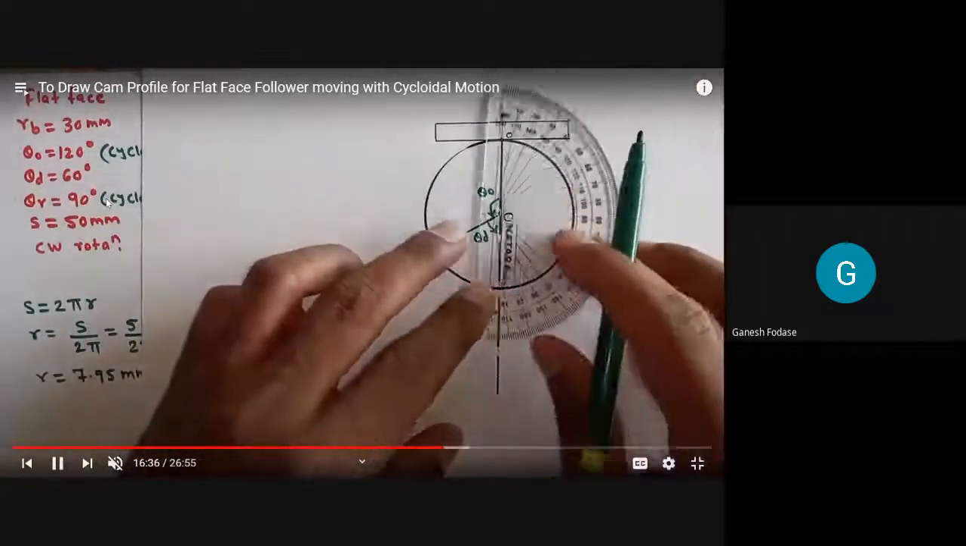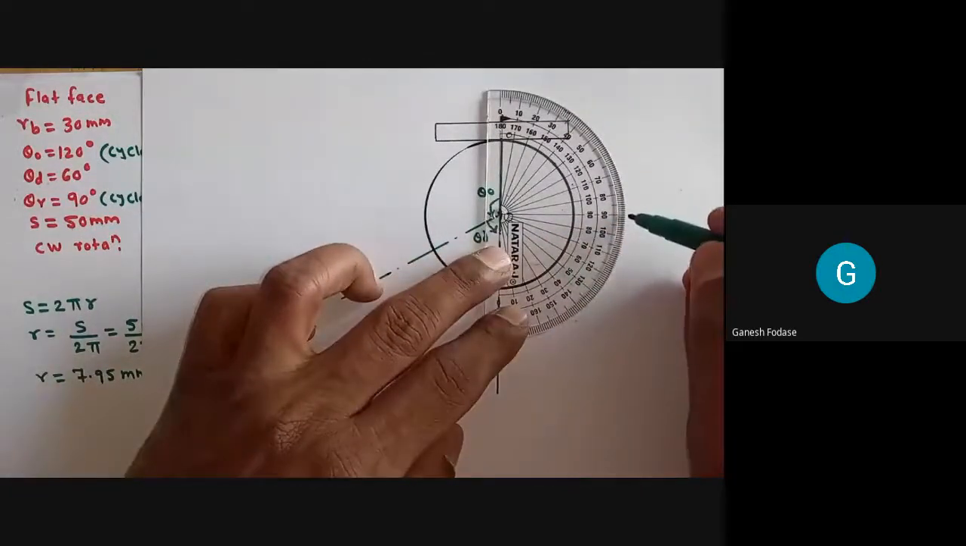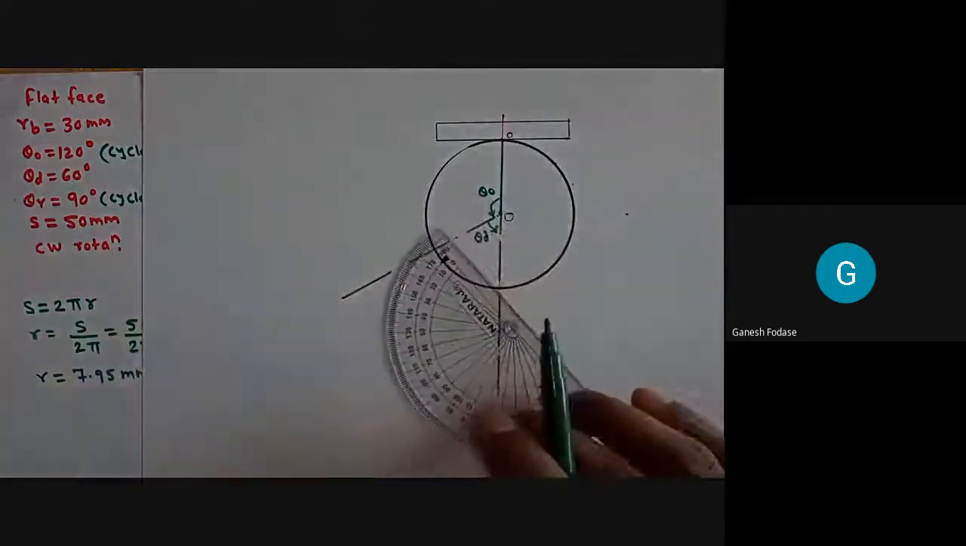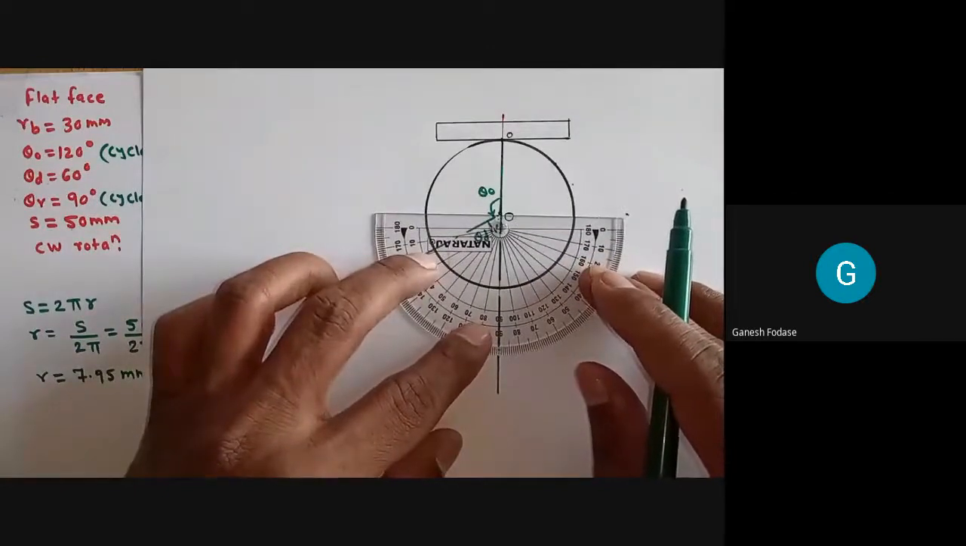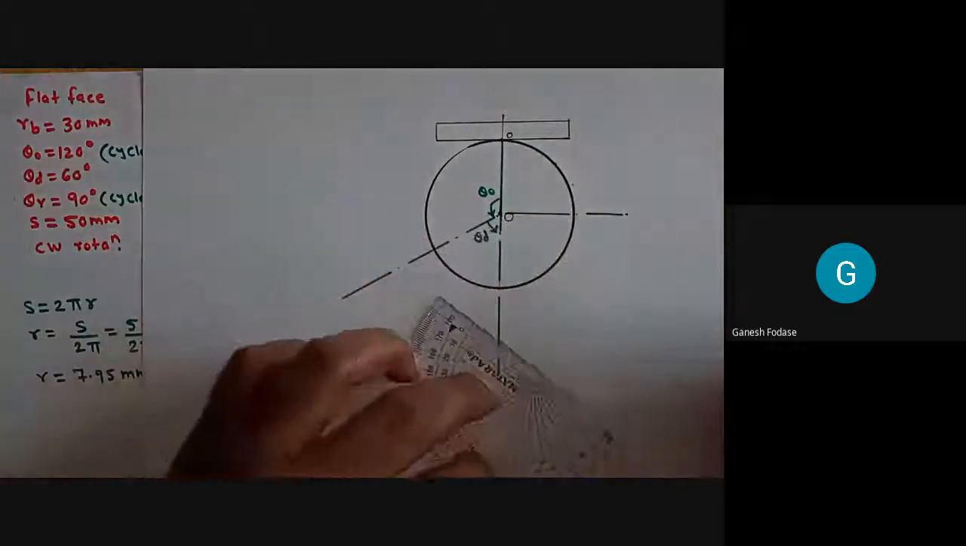So mark theta R here. That is 90, perpendicular to the y axis. That is parallel to the x axis because the angle is 90. So very simple. Just go on marking theta O, theta D, theta R. Okay. Now,